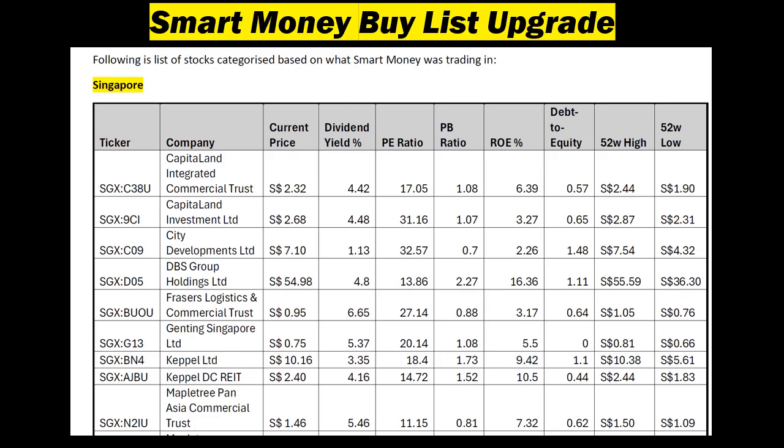So just a quick explainer for those who are not too familiar with fundamental or financial ratios. Dividend yield basically shows that if you were to buy the shares, for example, this Capital Land Integrated Commercial Trust, at this current price of 2.32, the dividend yield that we get will be 4.42% per annum. Of course, this is based on historical yield, meaning what investors had received in the past 1 year,